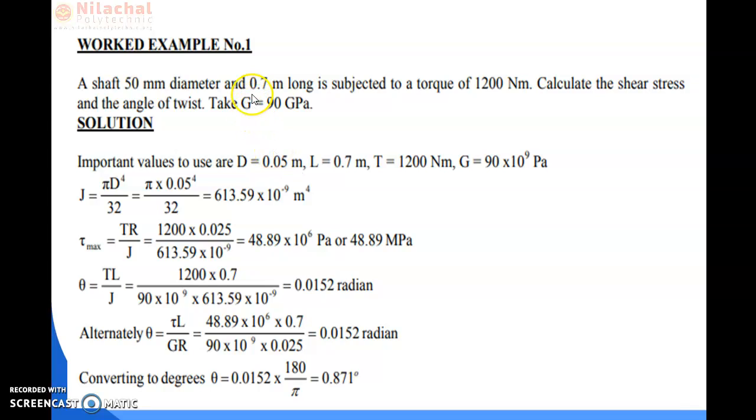Then the length of the shaft is given, which is 0.7 meter. And after that, the torque of 1200 Newton meter is given. So the T value is 1200 Newton meter. And last,